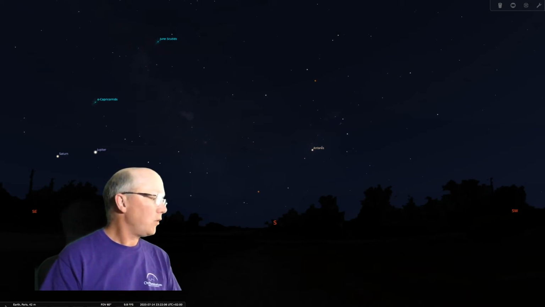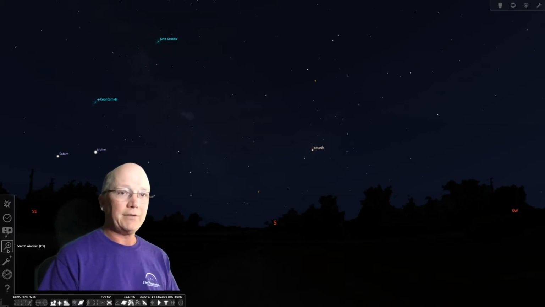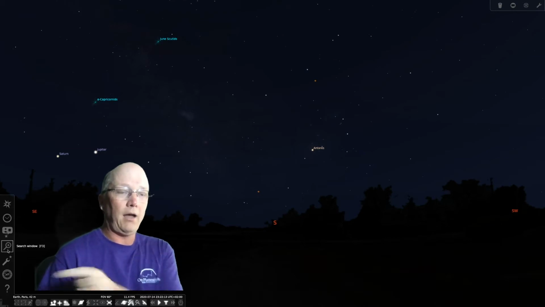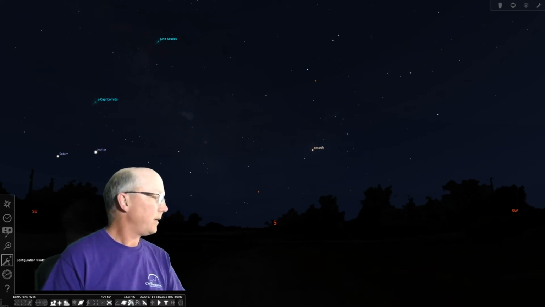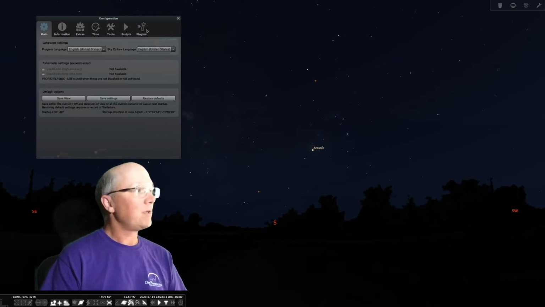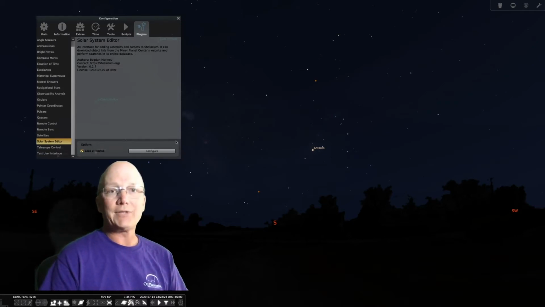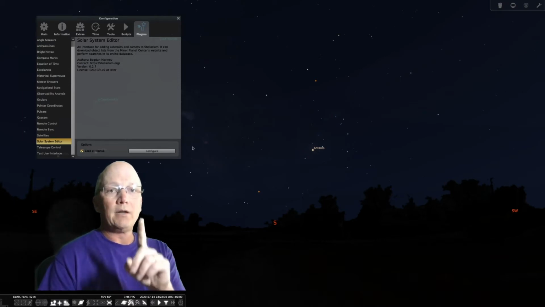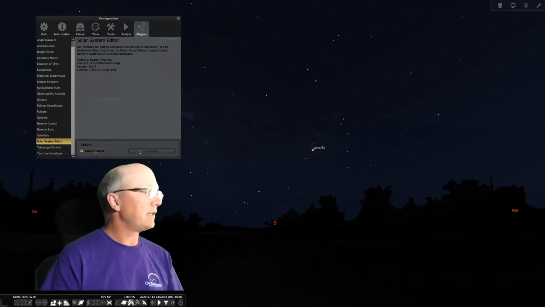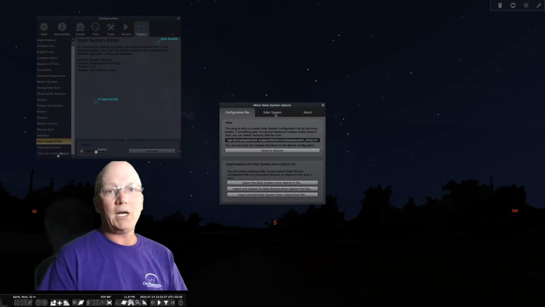So first of all, you can go over here to your settings, which is on the left-hand side. You can see down here, and go ahead and click on the configuration window. That'll bring up a bunch of options. One of them is called plugins. So click on plugins and go down to the solar system editor on the left-hand side there, and then hit configure. So I'm going to click on configure, and that's going to bring up the minor solar system objects editor,